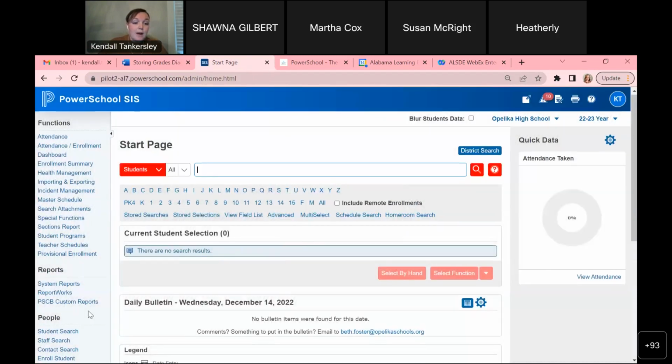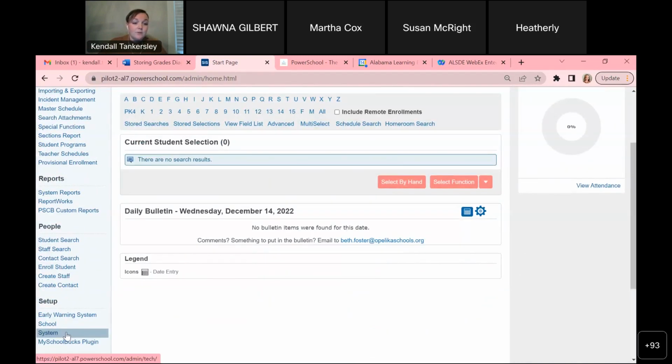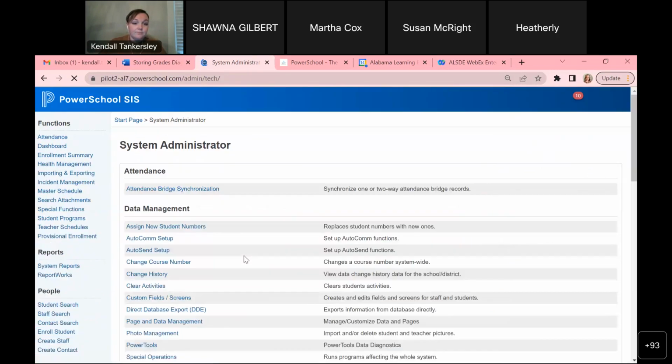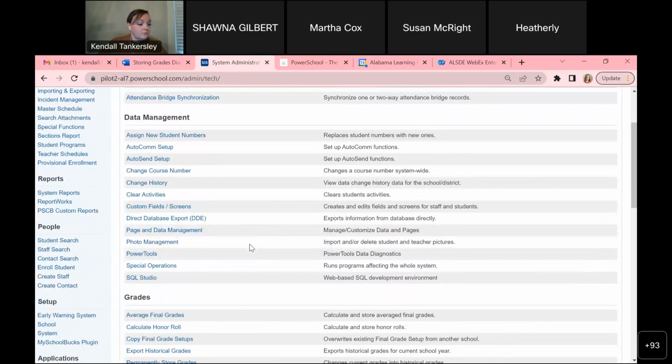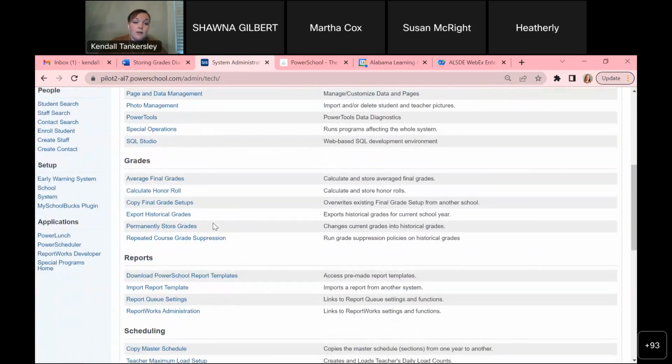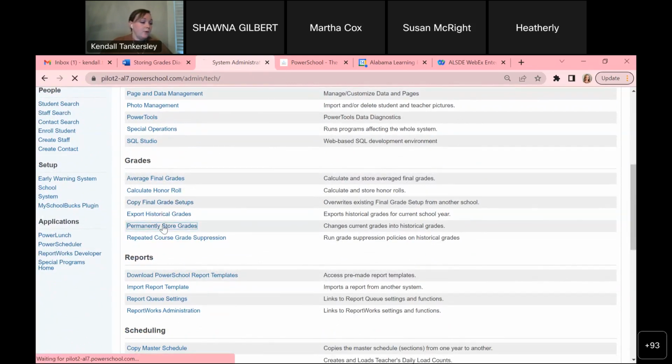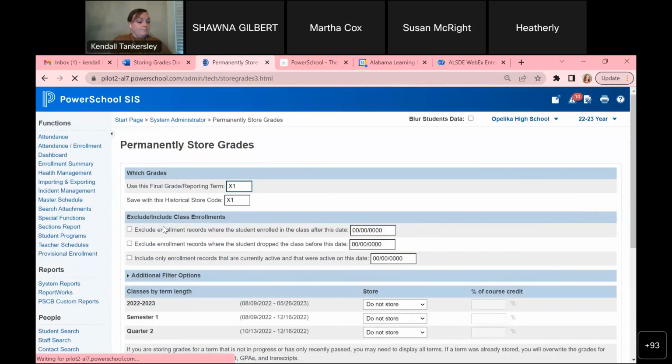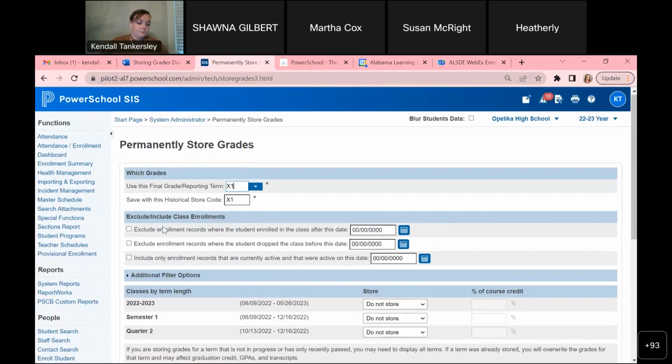So now we're going to go back and do F1. So I'm going back to system. And under grading, I'm going to do permanently store grades again. And this is where I'm going to be storing my final grades. So if we look at that chart,